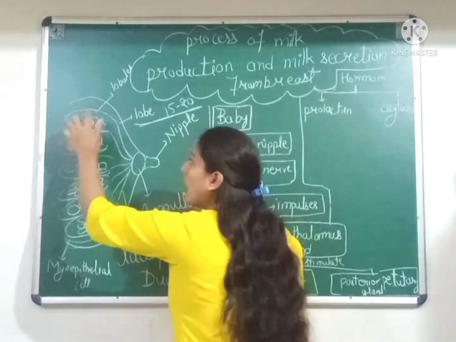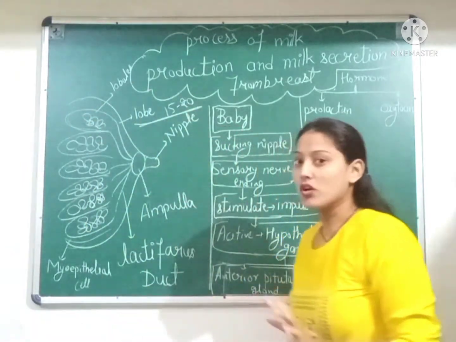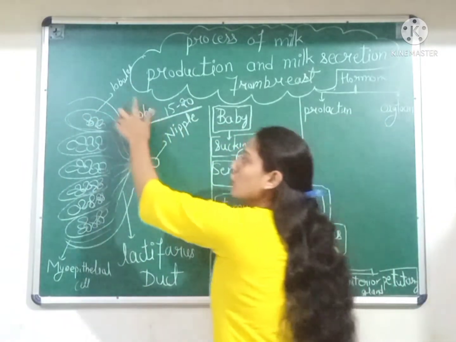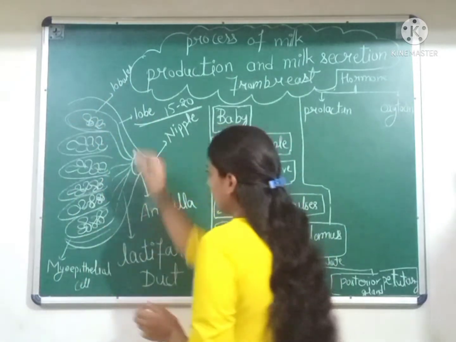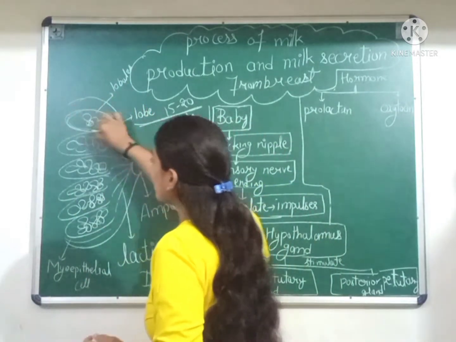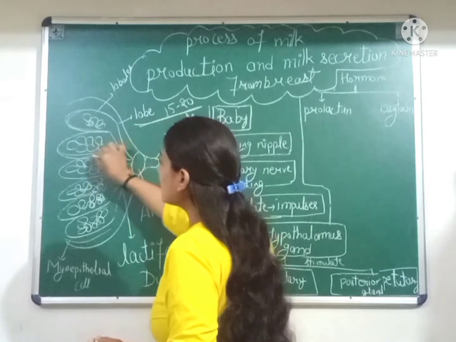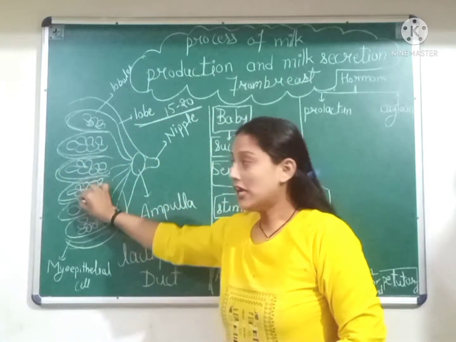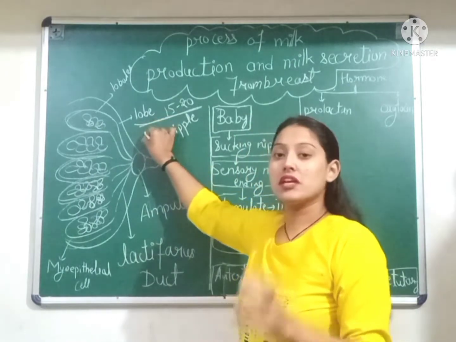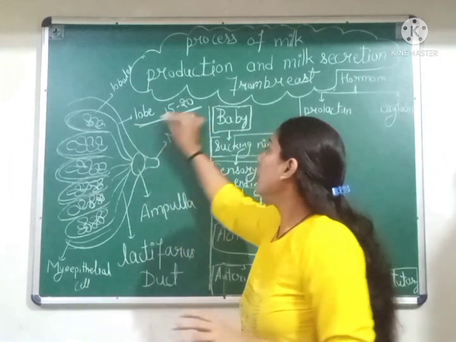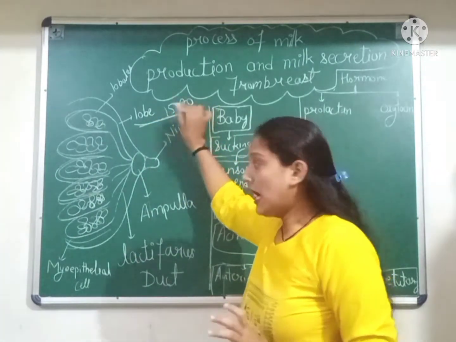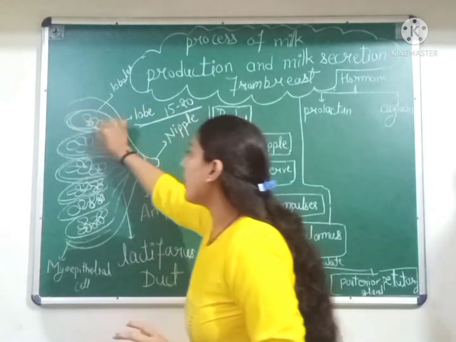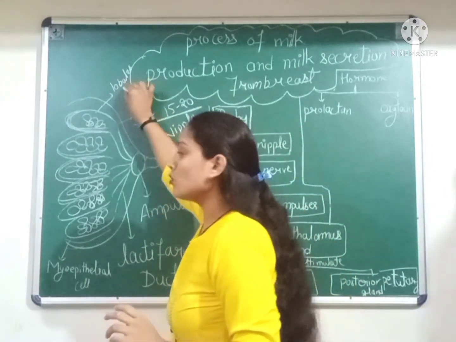So this lobe has lobules. Further, the lobes have lobules. You can see the structure of the lobes. This sac-like structure is called the lobe. Each breast of a mother has 15 to 20 lobes, and each lobe has various types of lobules